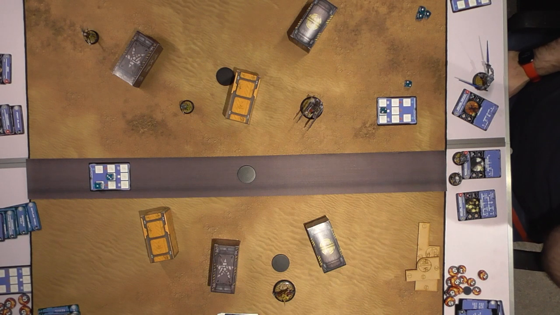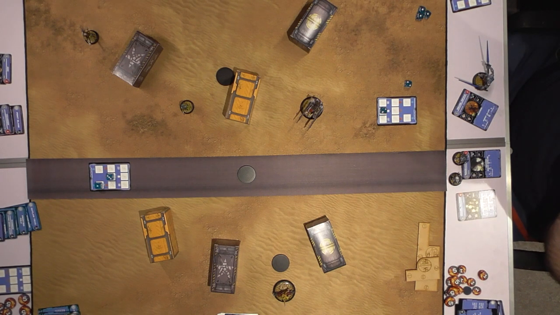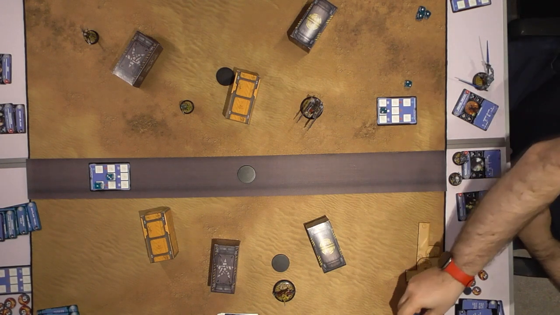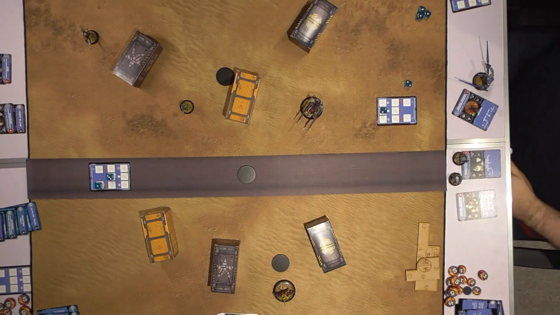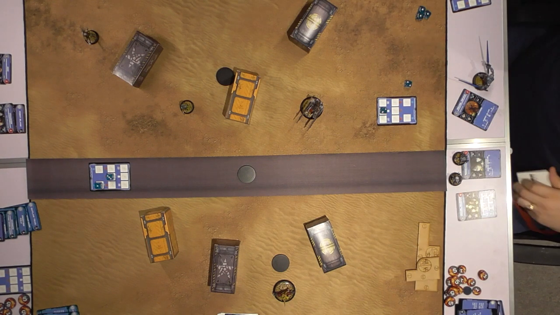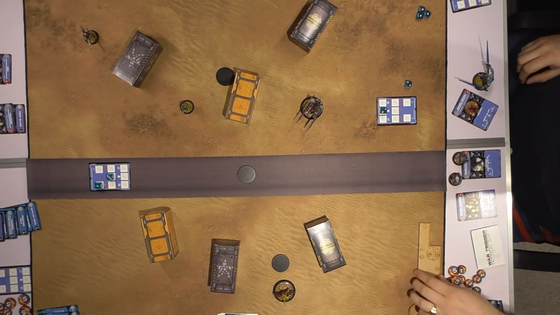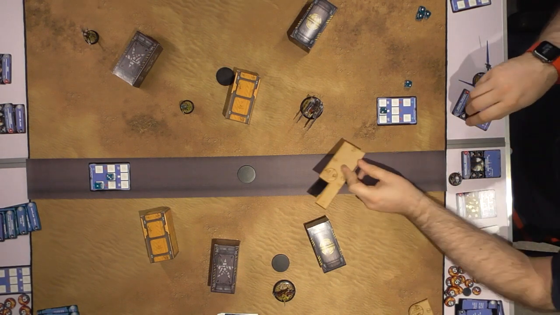Over to me. Yes, that's my third activation. This is your fourth. It's my fourth. Okay, I'm going to exile the Bombard Drones card Grav Jets from the game to reinforce them. I can bring them back within like 5 of a friendly unit, so...